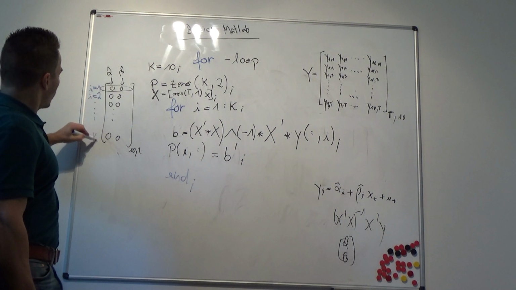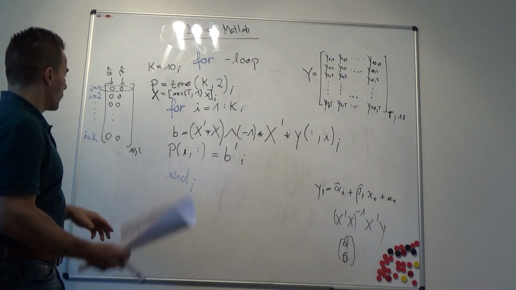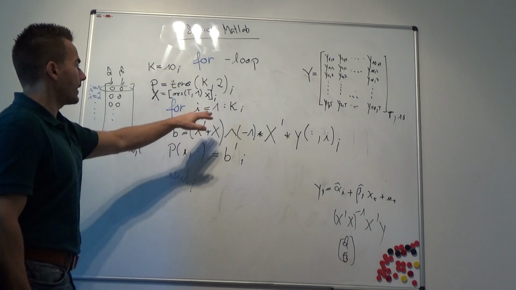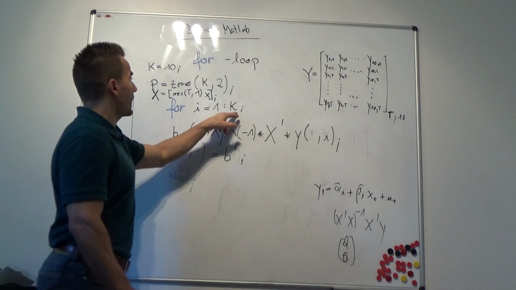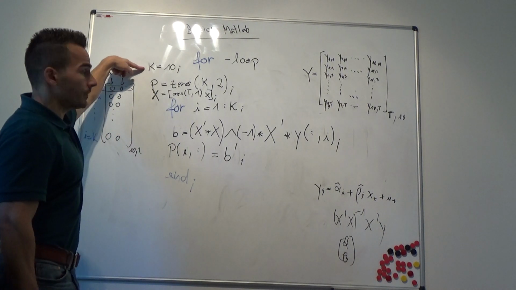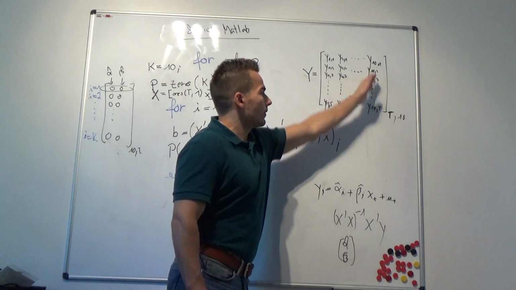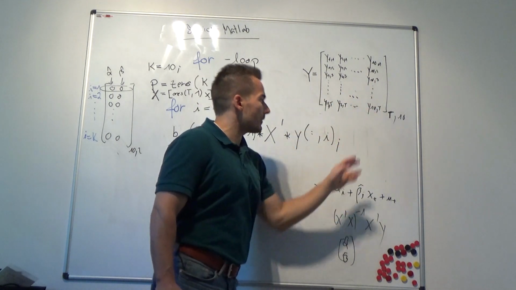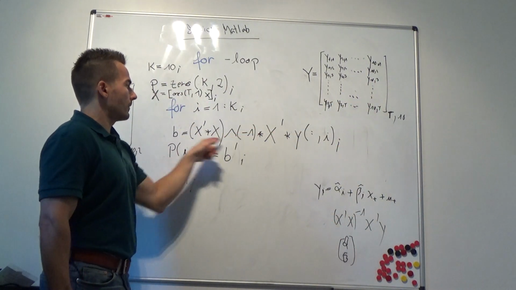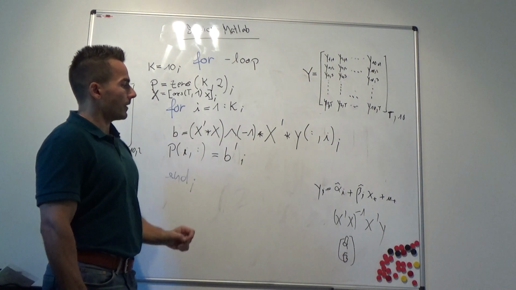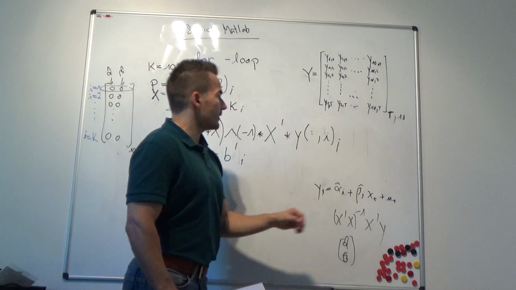Here's IK. And the last iteration, when I is equal to K, when I is 10, because K is 10, as we see here, we have defined it as 10. What we do, we take the last stock, we regress the excess returns of the last stock on our regressor matrix, our X matrix, using this OLS formula translated into